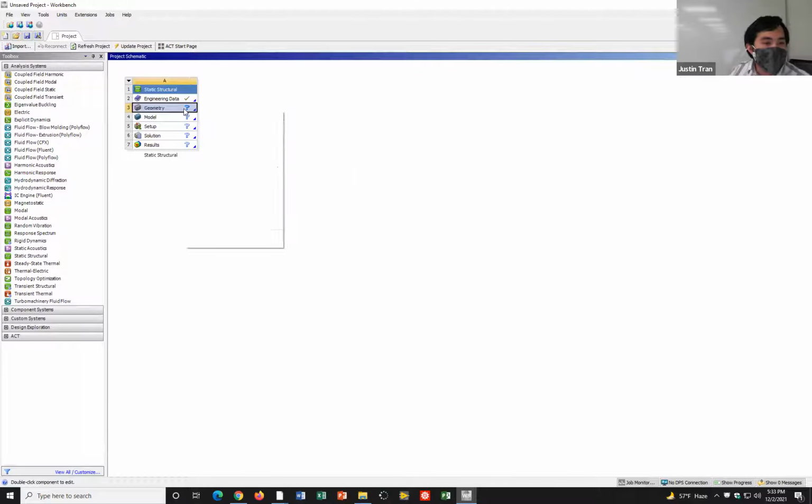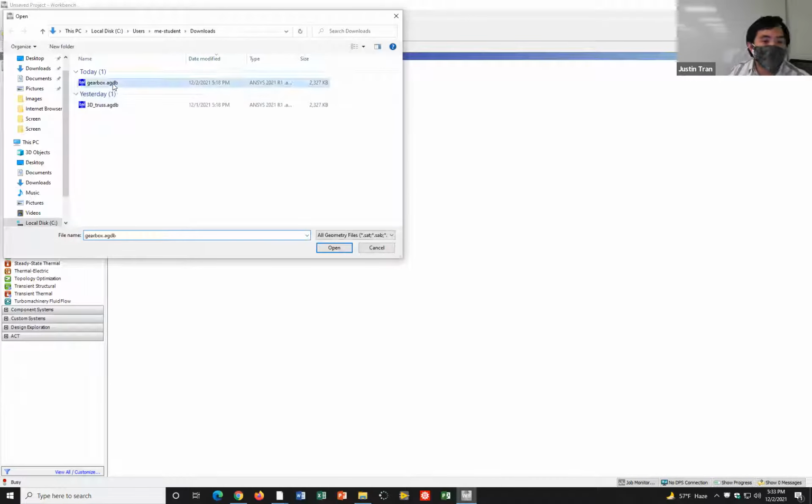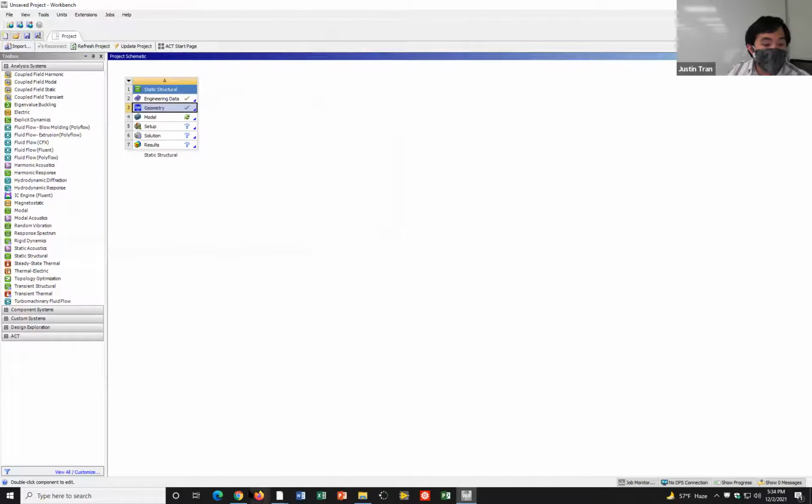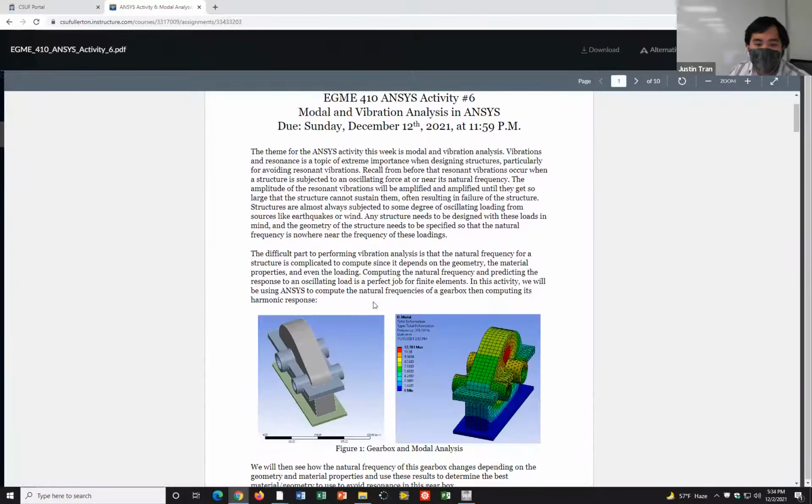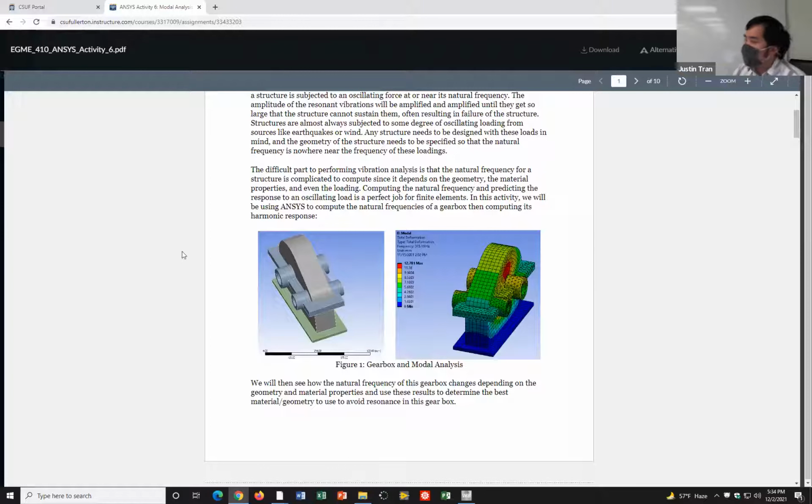Let's go ahead and add in our geometry. We'll import the geometry and then we'll load in the gearbox. The subject for the activity today is a gearbox CAD. I haven't introduced that yet. This is a gearbox that you would find inside an engine most typically, and inside this gearbox is a system of gears that might be used for a transmission system. I picked this one mostly just because this is a CAD that was provided by the textbook, which is nice, so I didn't have to make it.